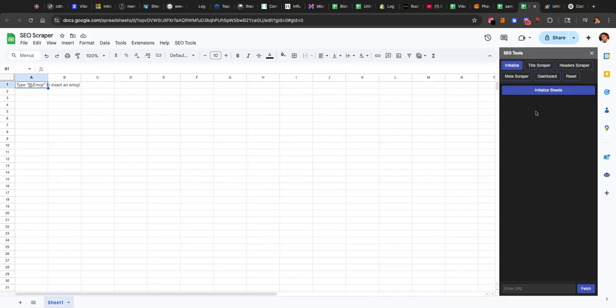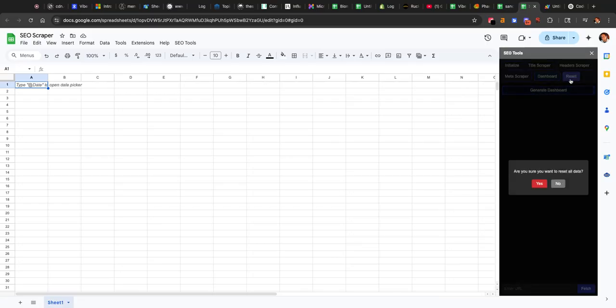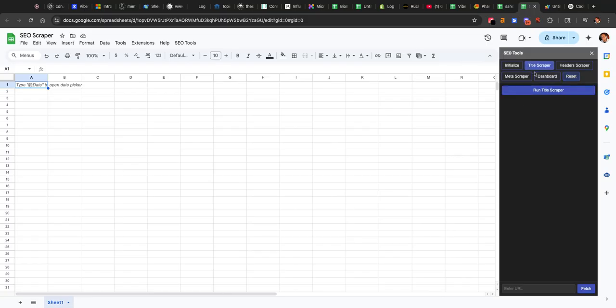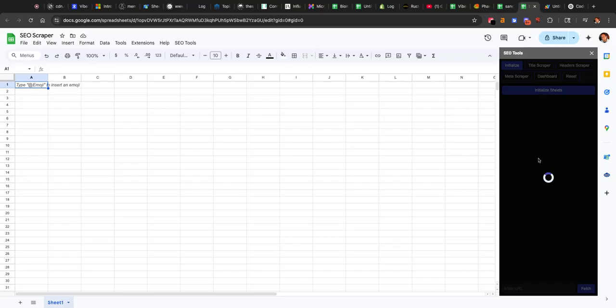And how this works is, I could optimize the code where I click on the sidebar and it opens up everything. But here it looks like whatever I highlight, whatever I select, I get a big button down here. So you could always optimize this, but this is the sidebar it gave me. It's kind of cool. So initialize, and then if I click initialize sheets,